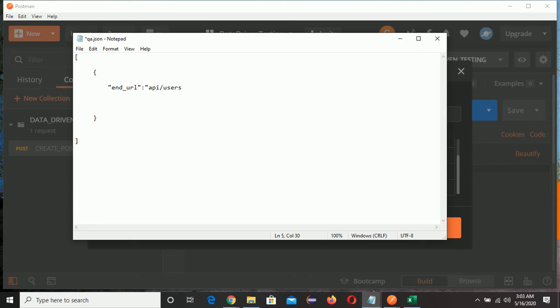API/users, close, comma, again enter, give name, colon, name as Morpheus, right? Comma, job, and the job will be leader.